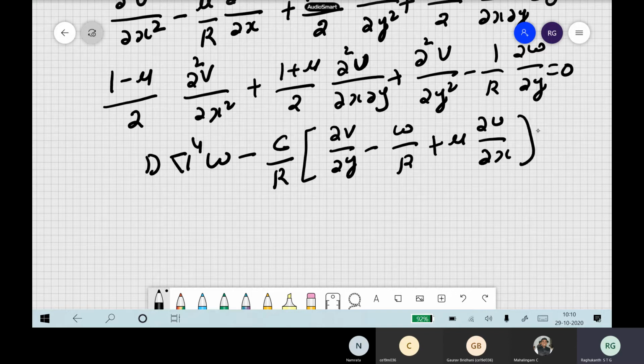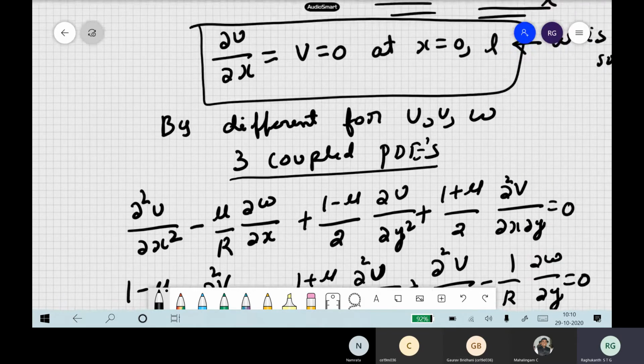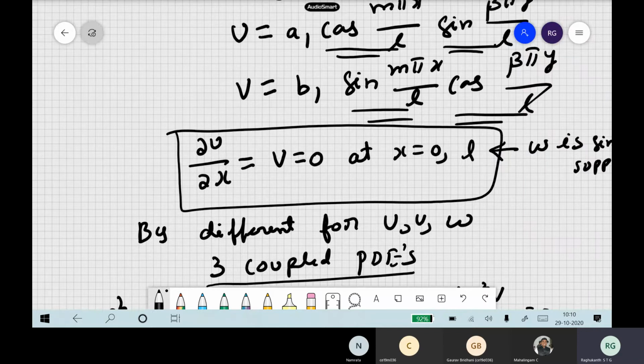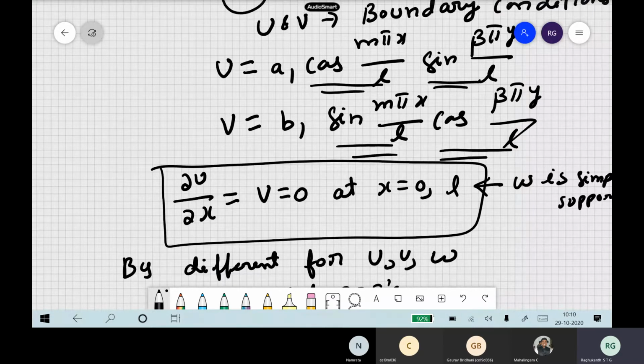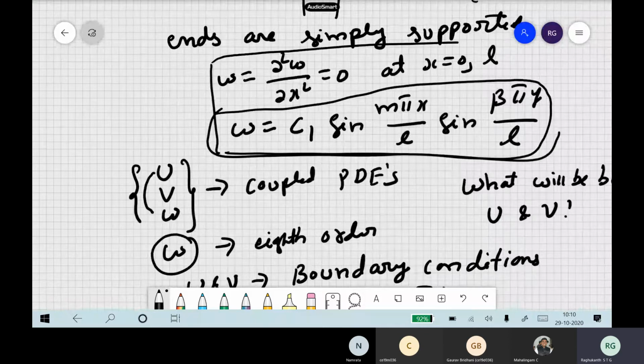Of course you can include all the other terms, nx, ny and px, py, all those things we wrote. If you include the different boundary conditions for u, v, w, this has to be solved. Please remember that whatever examples we solved in the last class, we assumed simply supported. Simply supported means we assumed these to be 0 and we assumed this as the solution. So this is perfectly valid.